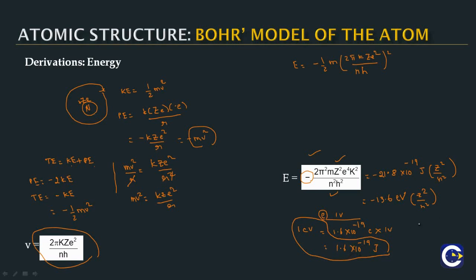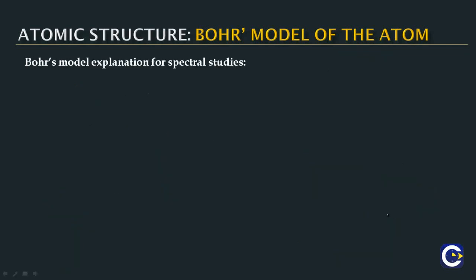So this is about the total energy of the electron inside the atom. So the value will be minus 13.6 electron volt into Z square by n square. And as we can see, the energy of the electron depends upon both the orbit number as well as the atomic number of the hydrogen or the hydrogen like species. So this is about the energy of the electron inside the atom. And as we can see here, the significance of the negative energy is that the electron will be bound to the nucleus.